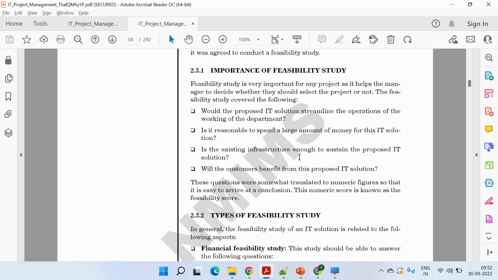Is the existing infrastructure enough to sustain the project solution? If we are working on some high end solution, then definitely we need to think, okay, we need to upgrade our existing solutions. And at the end, what's the end benefit for the end customers? So these are the few things for the importance of the